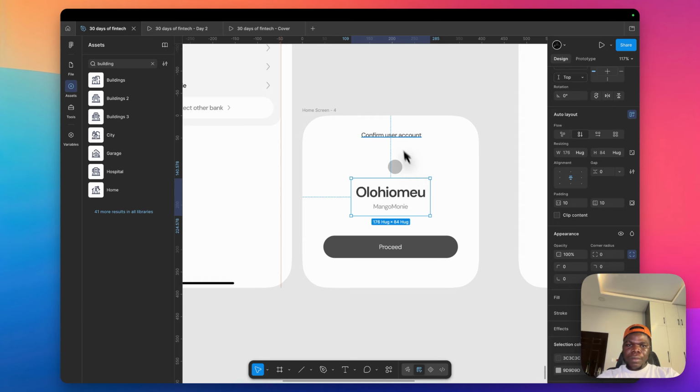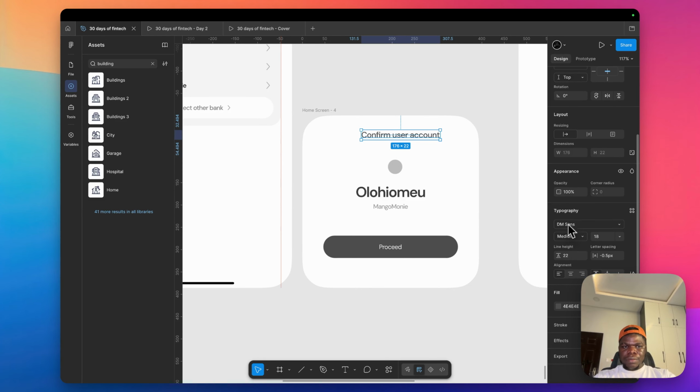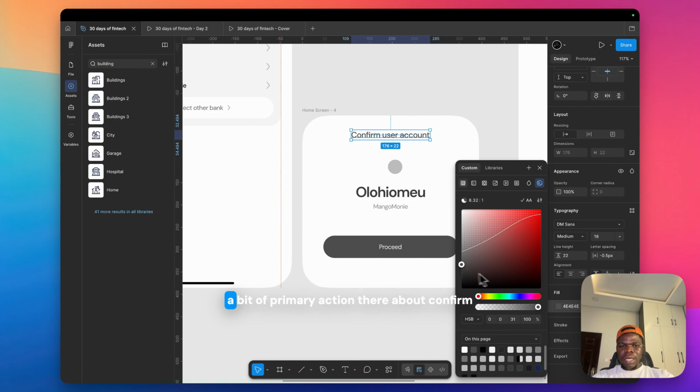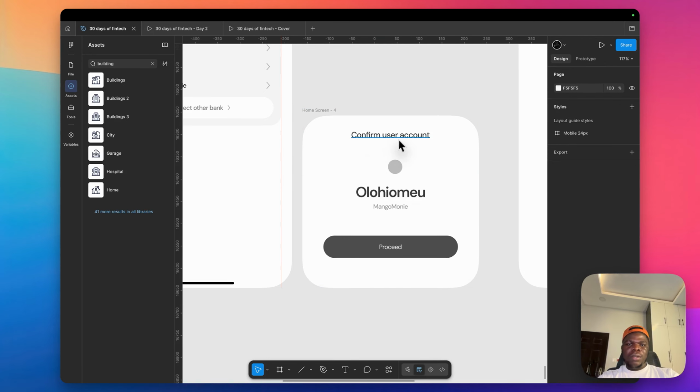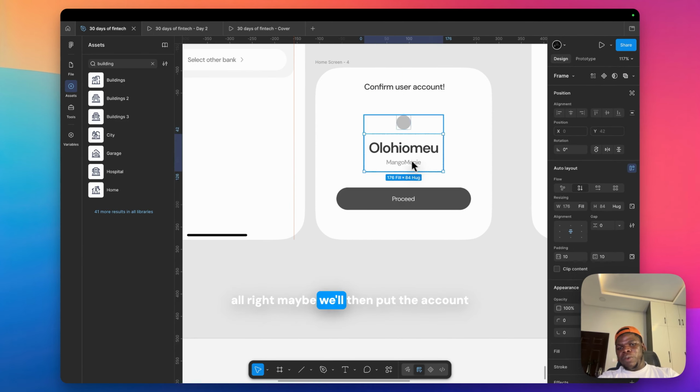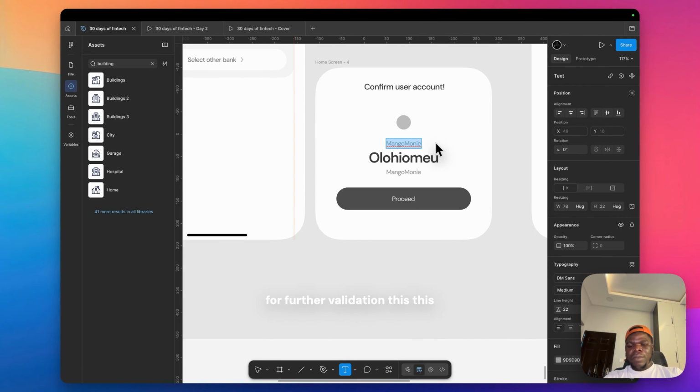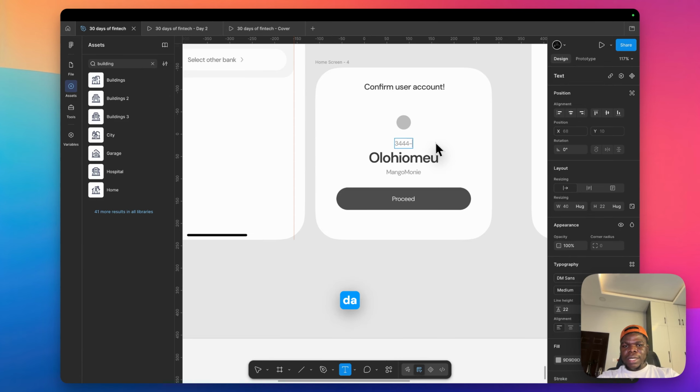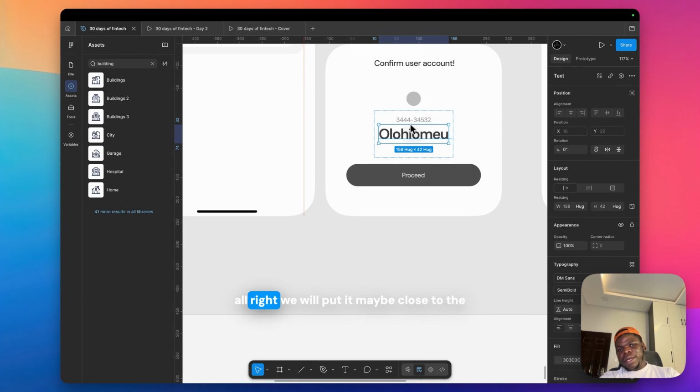It's too tight, so we need maybe even 18, make it a bit of a primary action. Confirm user account, put an exclamation mark or something. Then maybe we'll put the account number for further validation. There's no harm in doing this, even though visually or optically I feel there's something wrong with it.